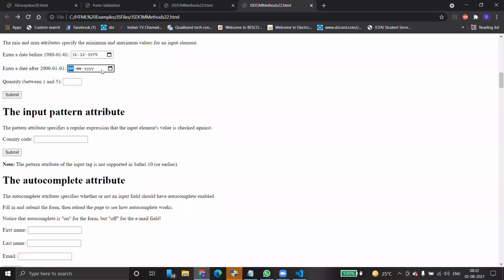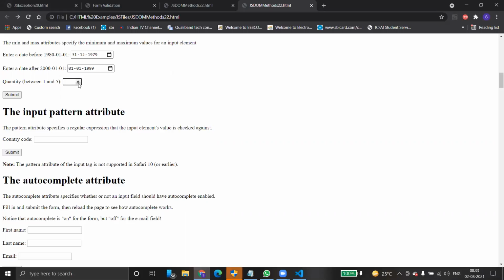I am giving 0101, and then here 1999, so less than that it is not allowed. After that anything you can enter. See, 0101 2000 is right. After that it should allow. So that's the minimum value.